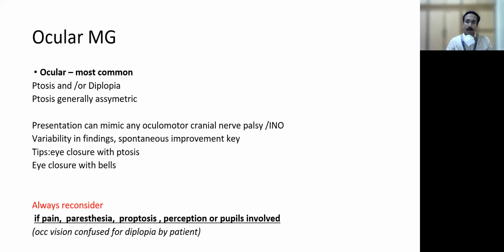So coming to ocular presentation, this is actually the most common. You start considering NMJ when you have an ocular kind of presentation. The common symptoms they come with are drooping of eyelid or diplopia or both. So it's quite important when you're seeing a patient who says I have a new onset ptosis to ask them